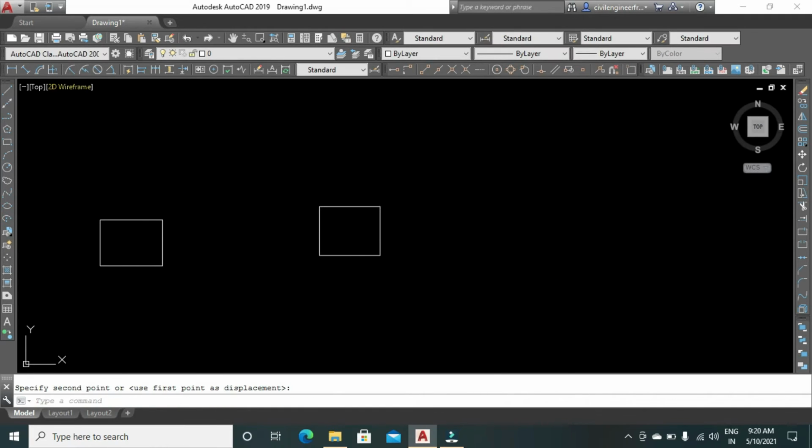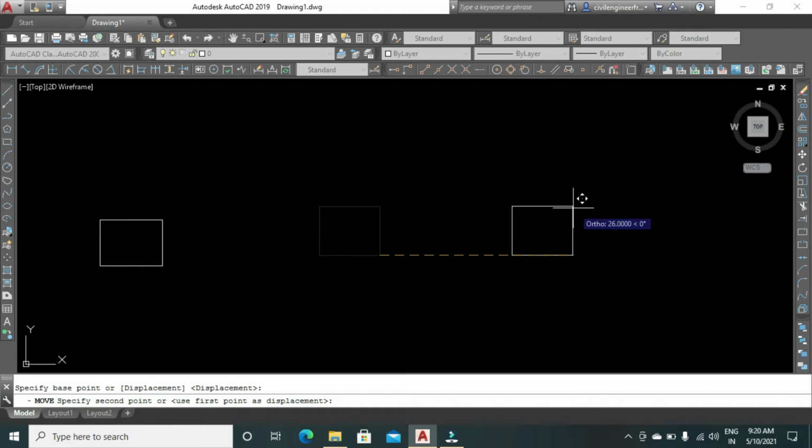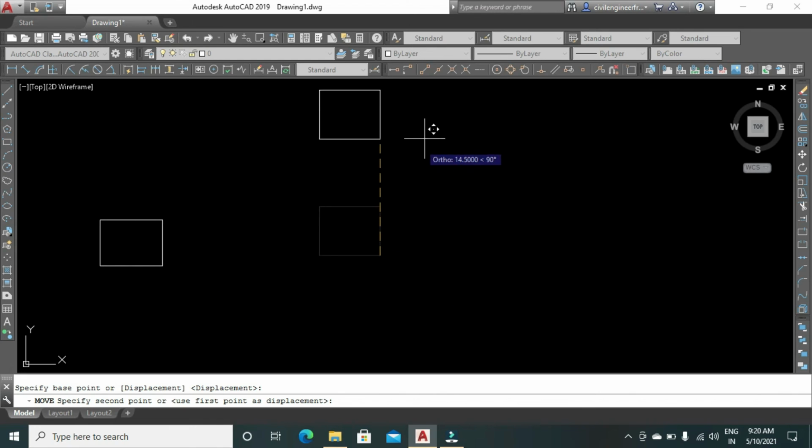If you want to move horizontally and vertically, keep your ortho on with Control F8, okay. After turning on my ortho, I move it horizontally and vertically, okay. Again, M and enter, choose the object and select your base point, and I move horizontally and vertically because my